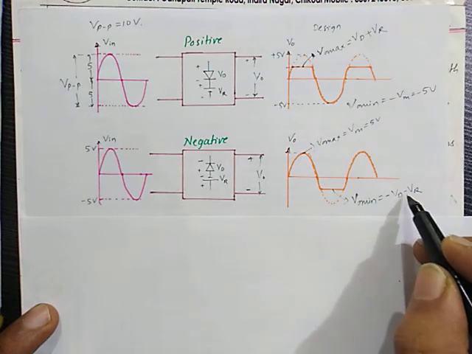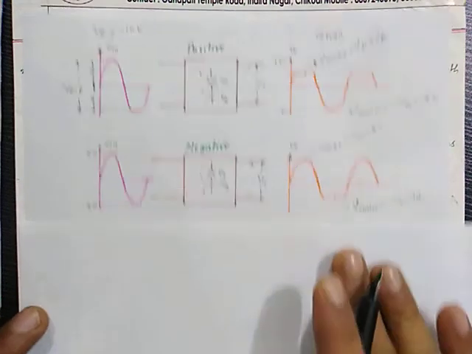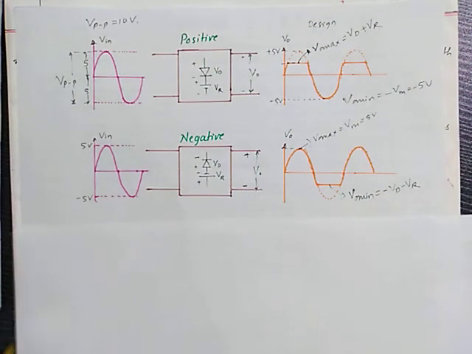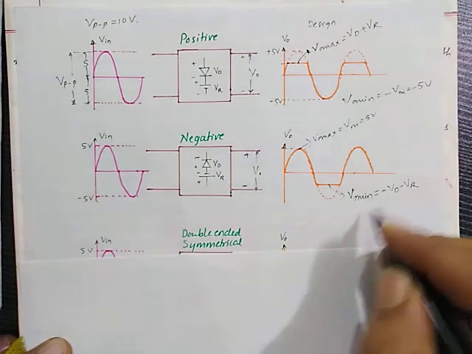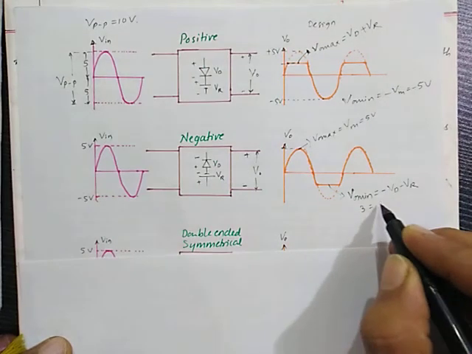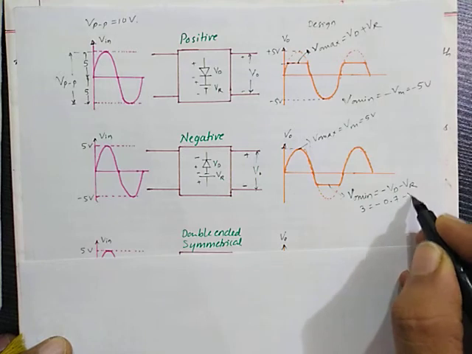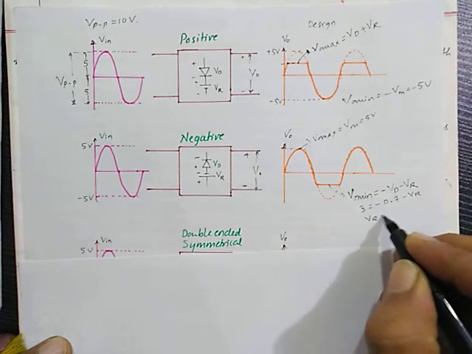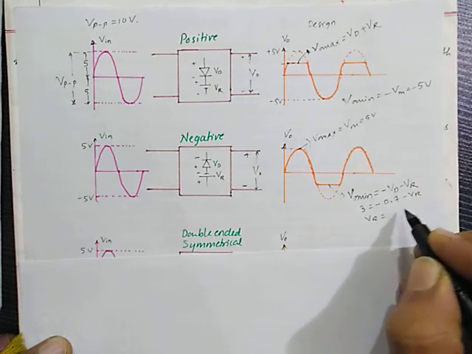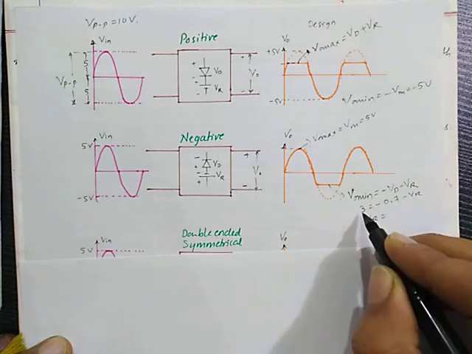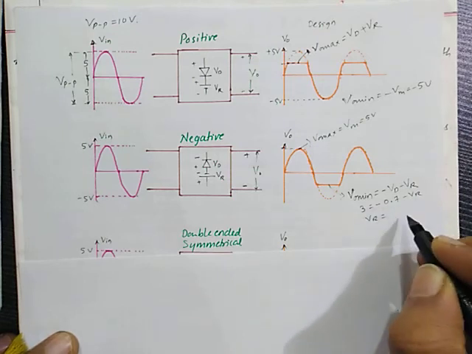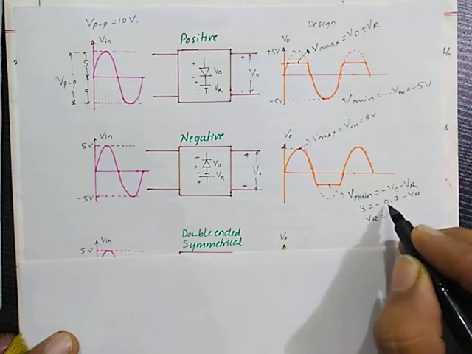So Vr will be equal to V naught plus V naught minimum plus Vd. So that time, for example, it is 3, so minus, this will be equal to 0.7 minus Vr. So Vr will be equal to, taking Vr to this side and 3 to this side, so we will be able to get